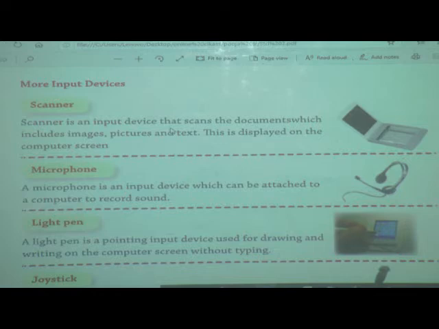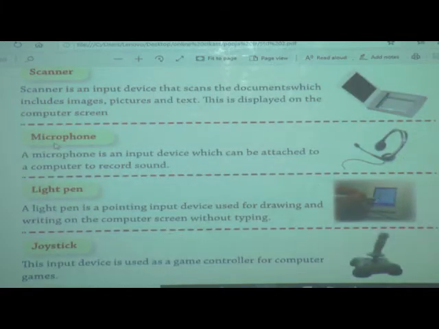If you want to scan a document, picture or images and text also, then scanner is useful. When we scan something, whether it is an image, picture or text, what we scan is displayed on the monitor screen.